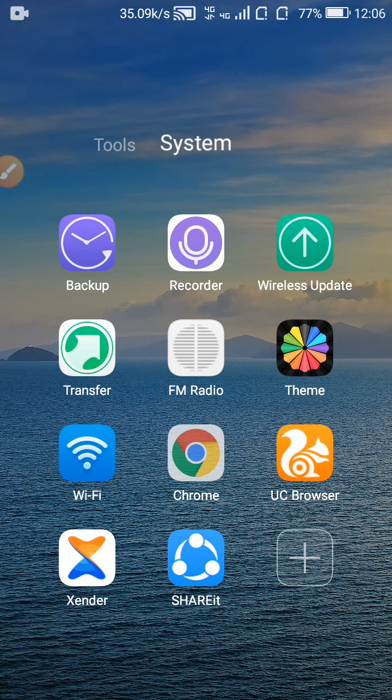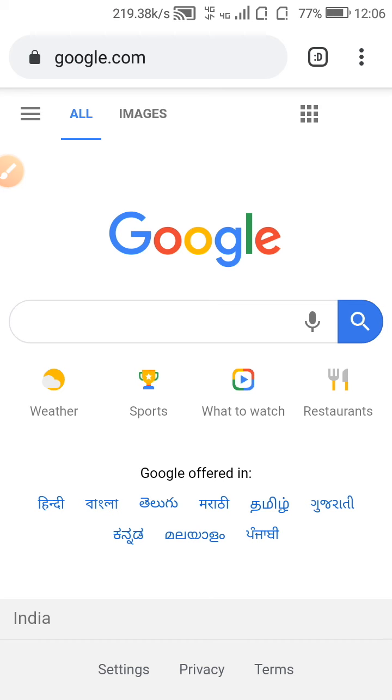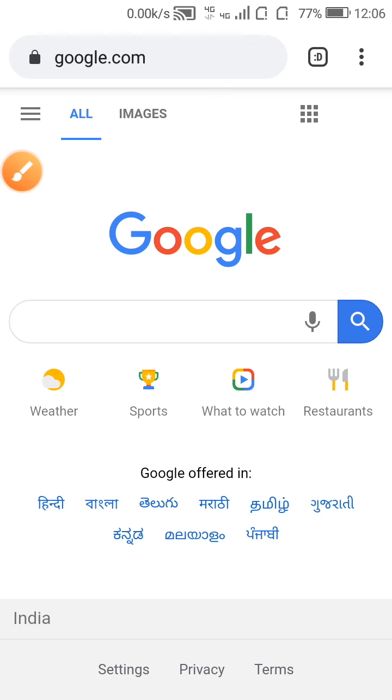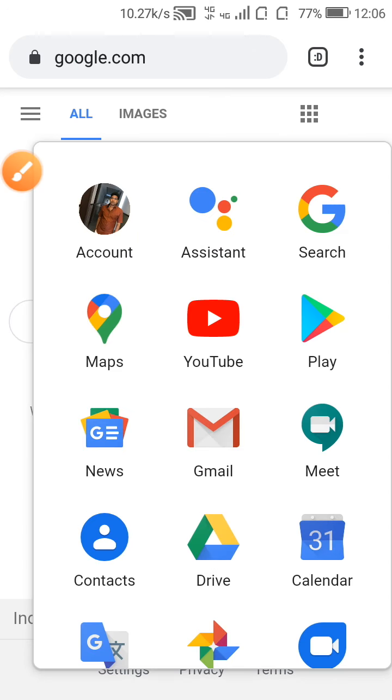Open Google Chrome, and you can see this languages option to change language. Now it is in English. So it's very useful. And here you have to click. Here your account Play Store, your account YouTube, your account Gmail, Google Drive all appear. You can go directly from this page to your account YouTube or Gmail, anywhere.